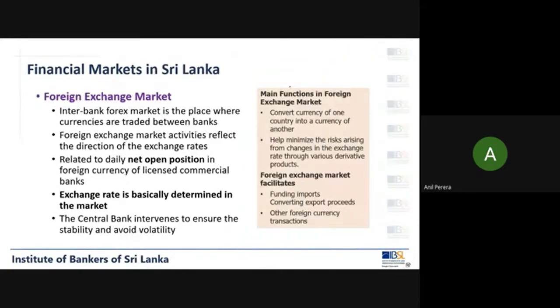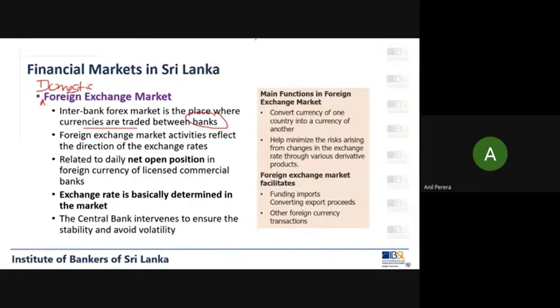Let's move. Then we have the foreign exchange market in Sri Lanka. We actually call it the domestic foreign exchange market. If you want to make it very clear, you may say domestic foreign exchange market because this is operating in the domestic economy. So this market, the interbank forex market, is the place where currencies are traded between the banks. Now, even in this market, you have banks. Right? Customers are not there. Customers are there